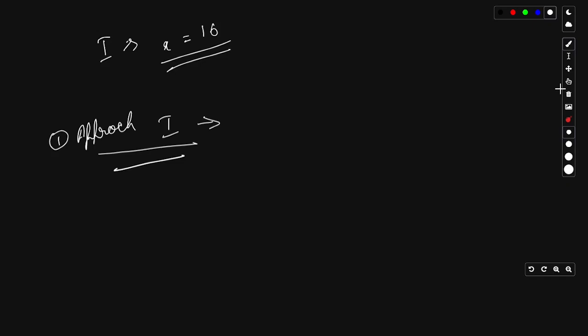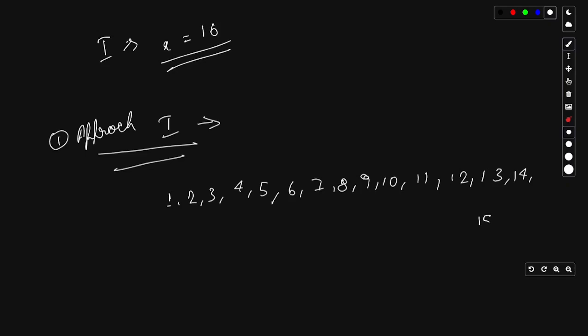There is only one possible solution, but let's take numbers 1, 2, 3, 4, 5, 6, 7, 8, 9, 10, 11, 12, 13, 14, 15, 16. So if we have an array like this, and we need to find the square root of a particular number, what we can definitely do is